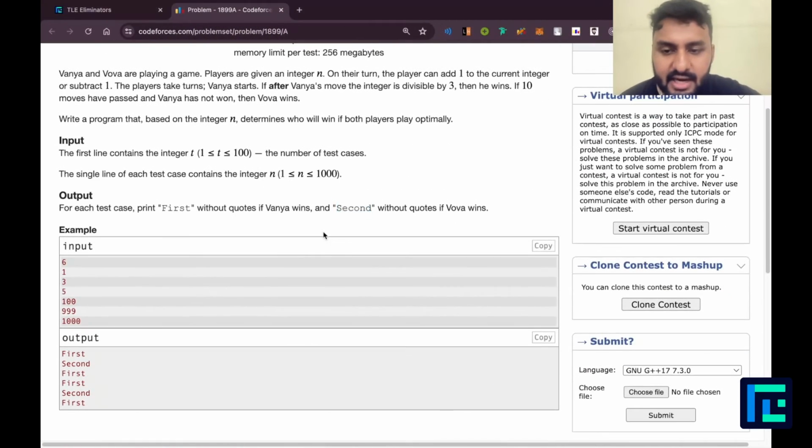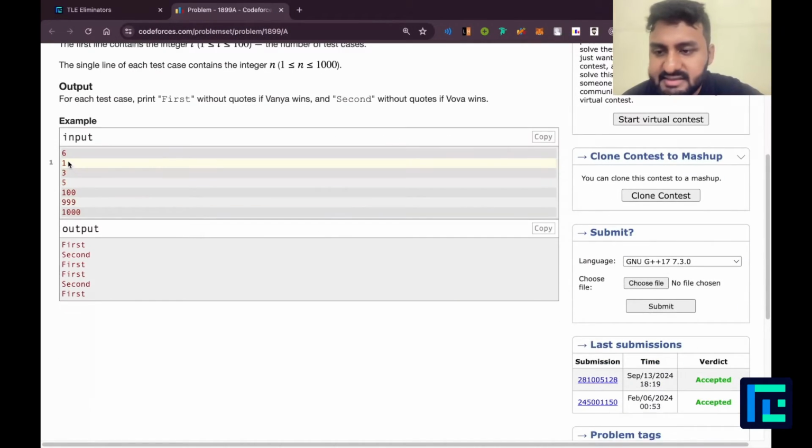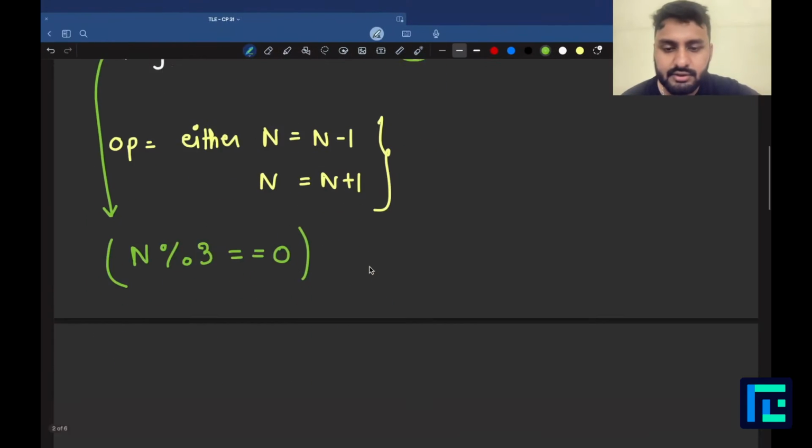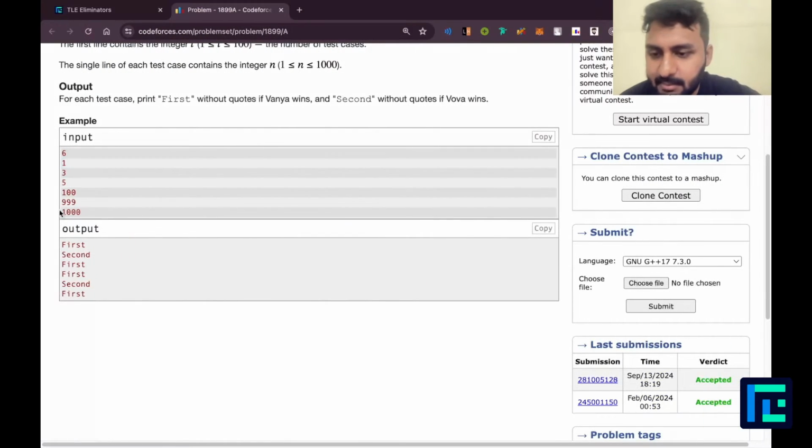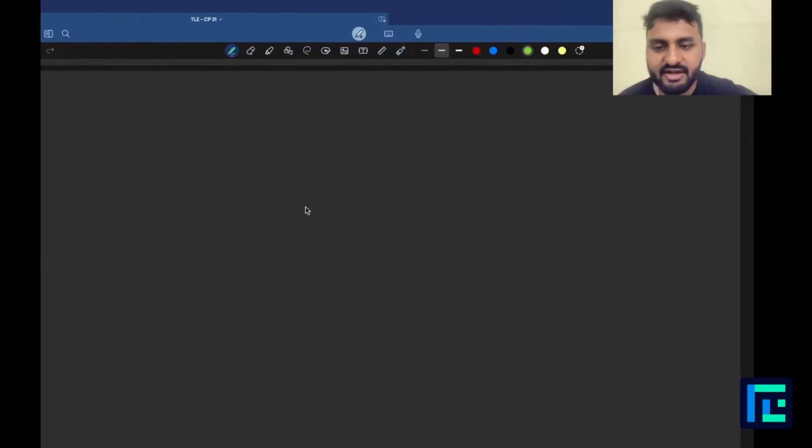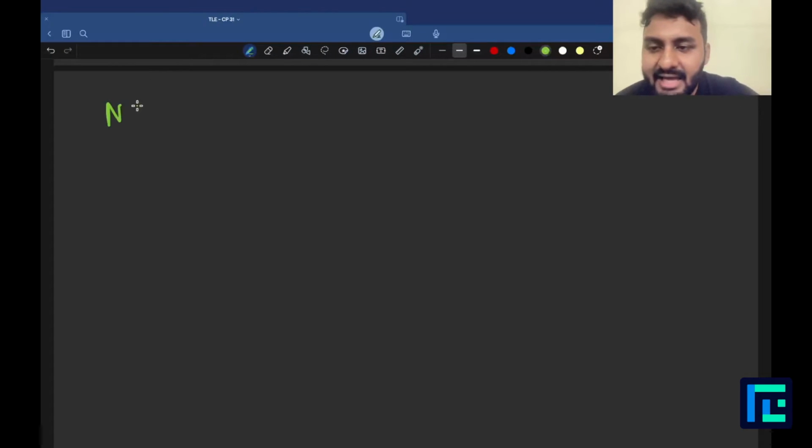Let's try to understand some test case. Alright, let's see test case number 1. Okay, so very simple, or better we can say some other test case. Let's see test case number, like this test case 5. Alright, so given that n is 5 to you, what can happen is you're standing currently with Vanya and you